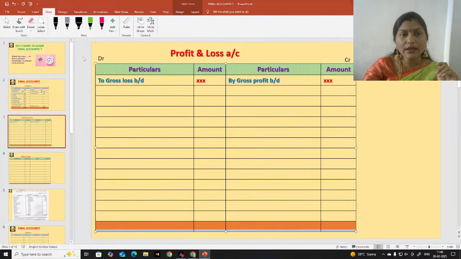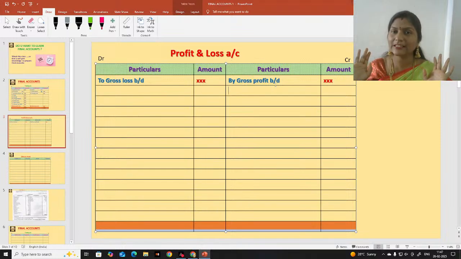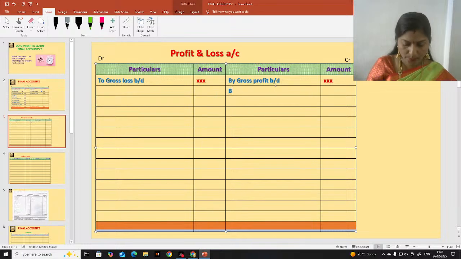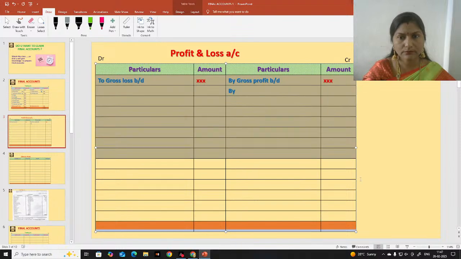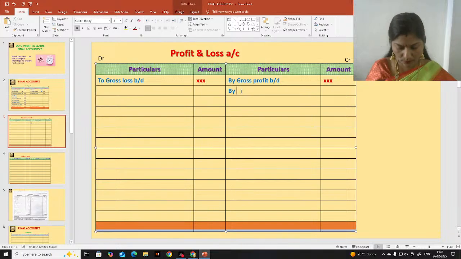Okay, so what are the incomes then? What kind of incomes do we have? In every question, if they give you rent received, interest received, discount received, commission received, those all are incomes. You should write them on the credit side of the profit and loss account. So let me write all those now. By commission received,